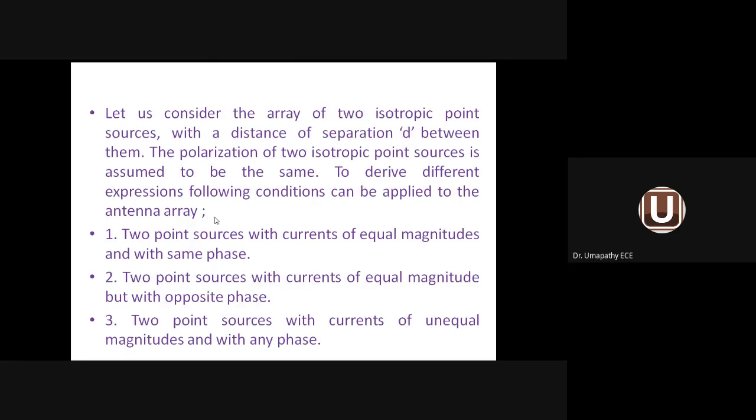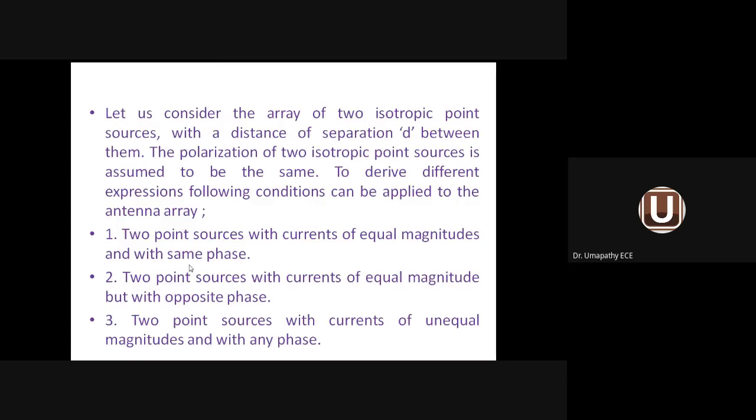But now I will come across 3 conditions with respect to this 2-point array. Current of equal magnitude and the same phase. Because now 2 things will come into picture. One is magnitude, another one is the phase. Magnitude and amplitude both are same. So what is amplitude? There is a current flow into the first antenna element. There is a current flow into the second antenna element. So both the currents may have equal amplitude or magnitude, and there may be 0-degree phase difference or 180-degree phase difference or any other phase difference may be available. Sometimes the magnitude may be unequal also. So we come across 3 conditions here.